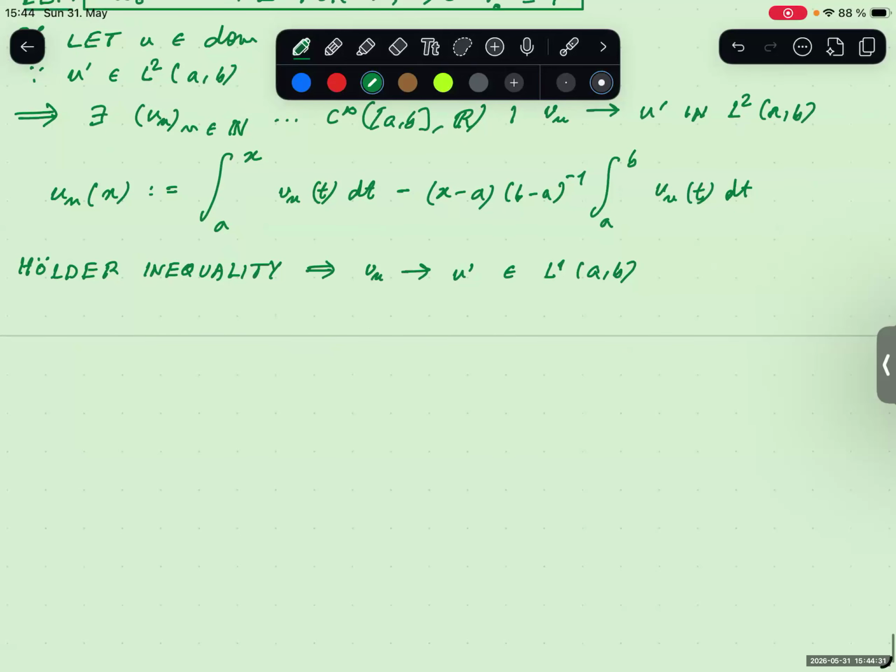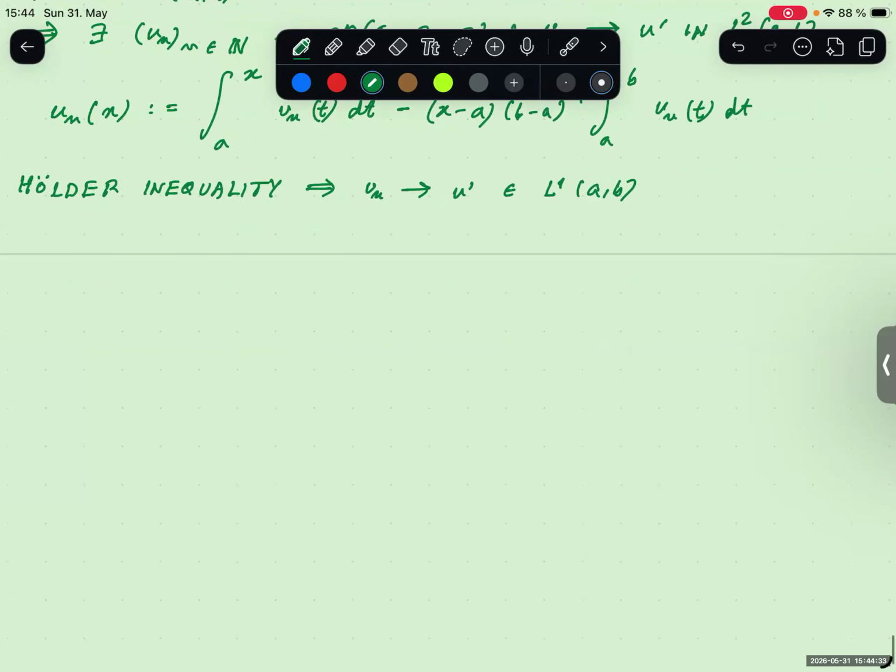Now this implies that the integral from a to b of v_n(t) dt converges to the integral from a to b of u prime dt,